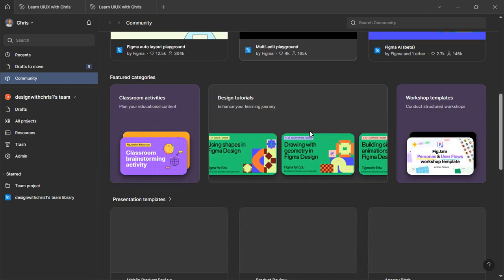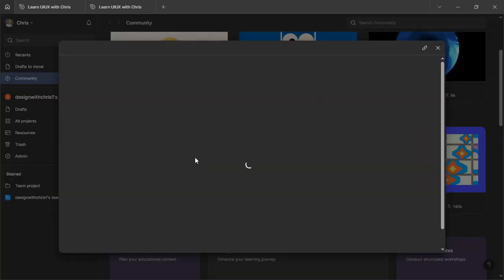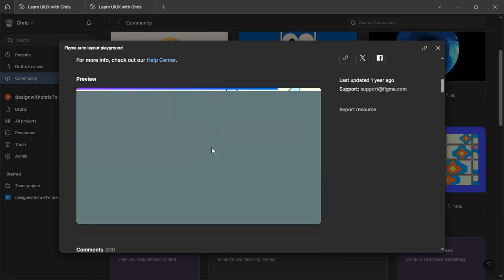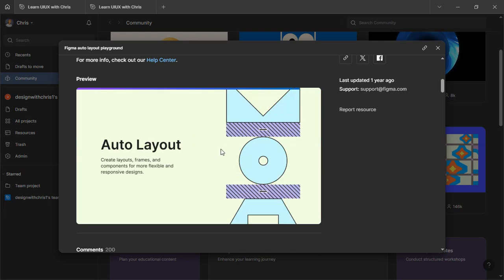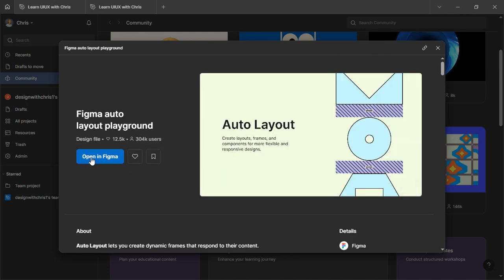Okay, so basically what you do when you get here is just simply you click on something you need, right? You could see the preview here to know what's really inside the file, and you just open in Figma. So that's just that for this. Now let's move to